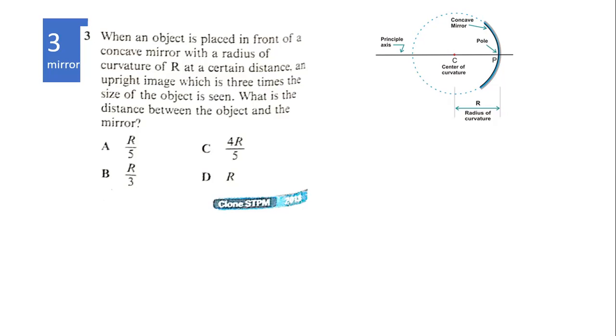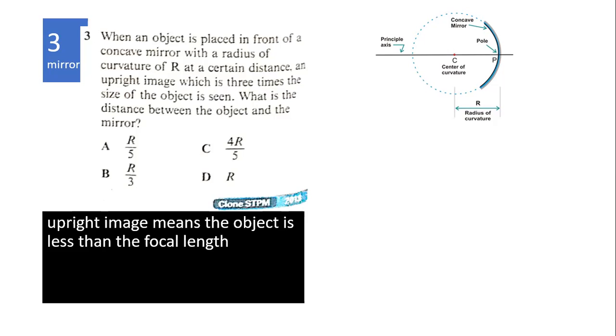C, teacher. C. Let us see. Upright means the object is less than the focal length. That's the most important thing that you should be able to deduce. Right? It's a virtual image. Okay. Your focal length is half of R. And then for magnification, magnification is V over U. And then since the image is on the same side as the object, it's virtual, so you put a negative sign there, minus 3U,